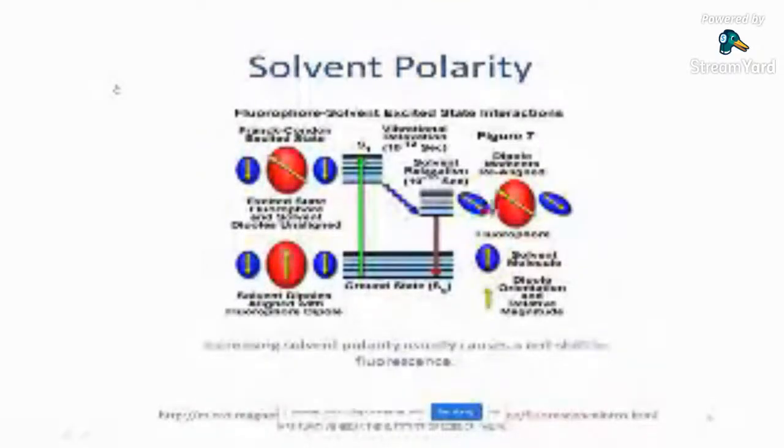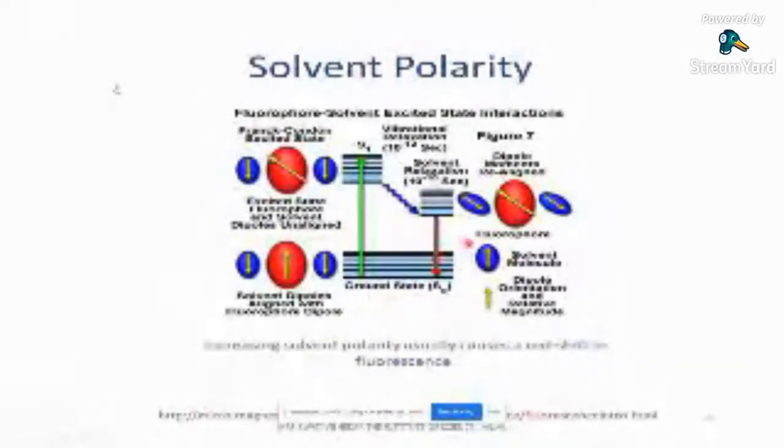As you can see, the dipole moments of the solvent have aligned themselves with that of the fluorophore molecule, and from that state it will come to the ground state. So this is not the triplet state. This is just the molecule coming from a higher vibrational state to the lower vibrational state, and from that lower vibrational state it will come to the ground state, and at that time it will emit some amount of radiation,